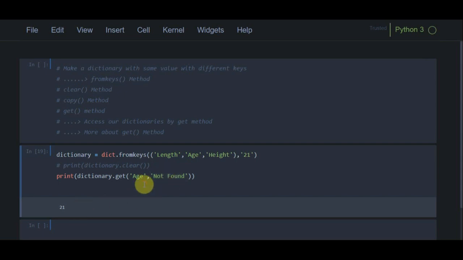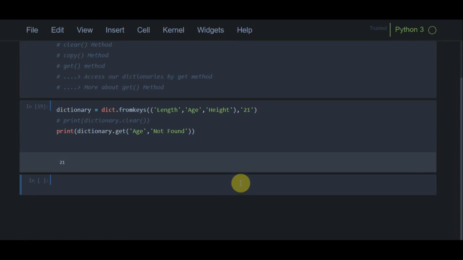All right, so now in our dictionary we write two same keys with different values. If we write two same keys with different values, then the previous one will be overridden by the new one.